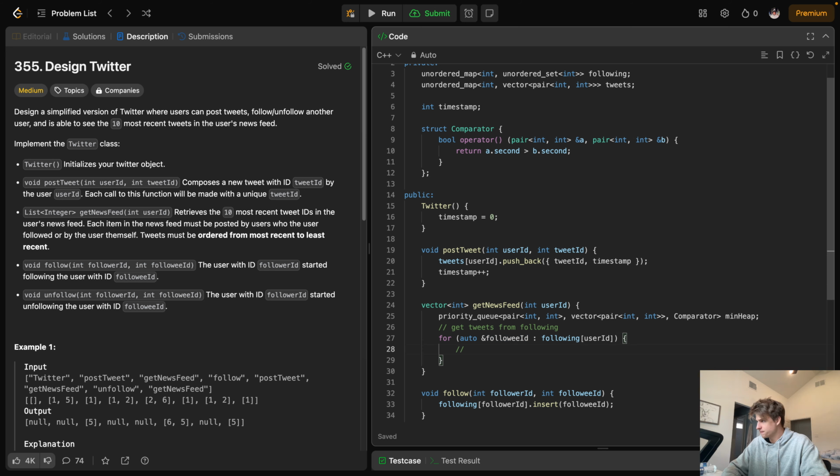Okay, and then we need to get the followee's tweets. So we need a nested loop here. So for auto reference, tweet by reference in tweets followee ID, we are going to go ahead and push that to the max heap, or the min heap rather. So min heap dot push,